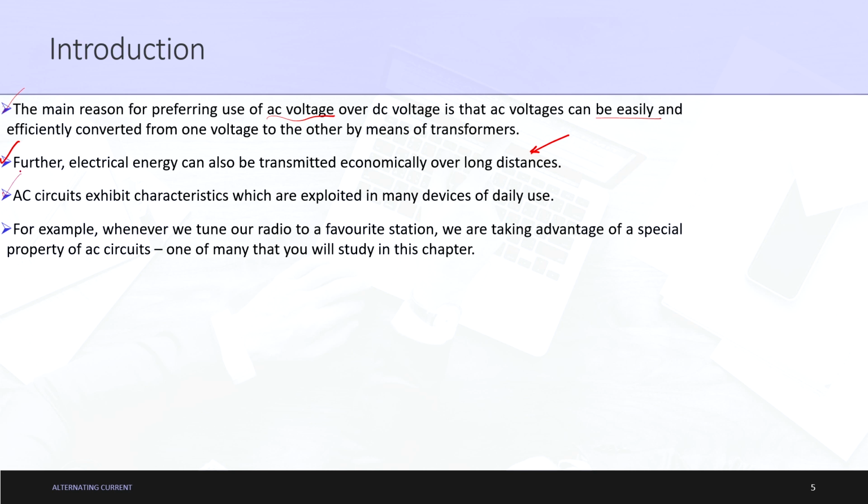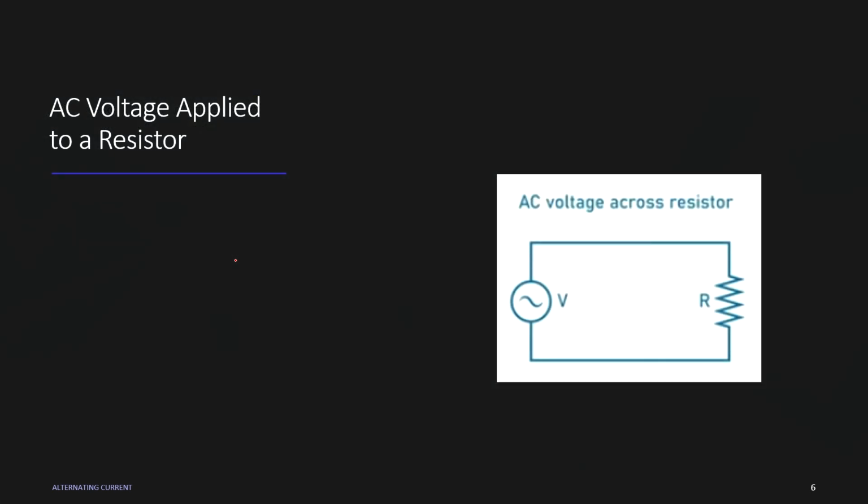Next thing is AC current exhibits characteristics which are exploited in many devices of daily use. For example, whenever we tune our radio to a favorite station, we are taking advantage of a special property of AC circuits, one of which we will study in this chapter. So, basically that property is nothing but resonance, which we will study in the subsequent parts of this lecture series only. So, that being said about the introduction part, let us now dive directly into the first topic, that is